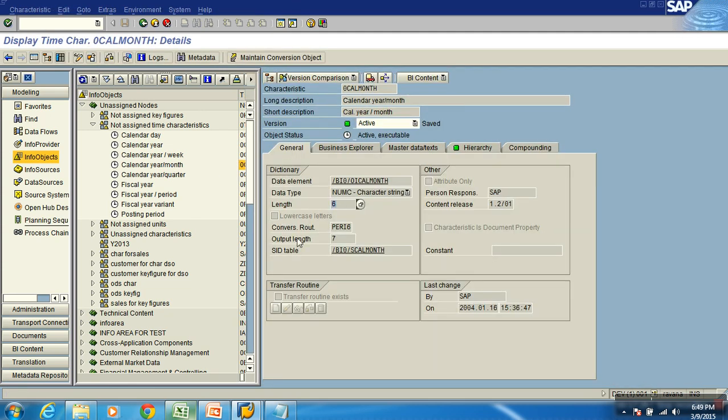Look what it does, you didn't ask me. Jan 2014 is 01/2014, length 6. But normally when I show this, I show it like 01.2014 or 01/2014, right? Now look at the length here, it says 6. The length required to store this value is 6, but when I'm displaying it with a dot or slash, it becomes 7. So the output length is 7. Who is converting by putting the dot or slash? There is some routine here. Look at this, period 6, and some logic is written to convert that way. We'll get into the details later, but that's how it works.